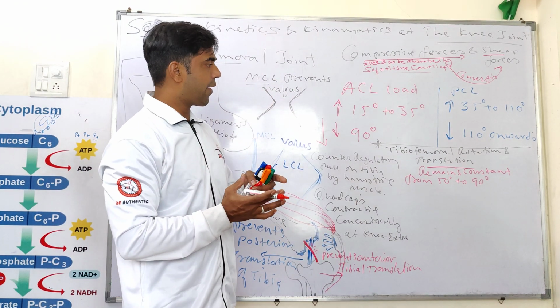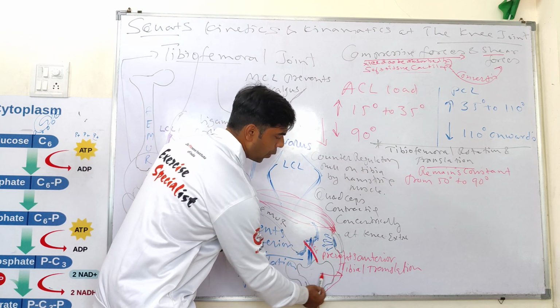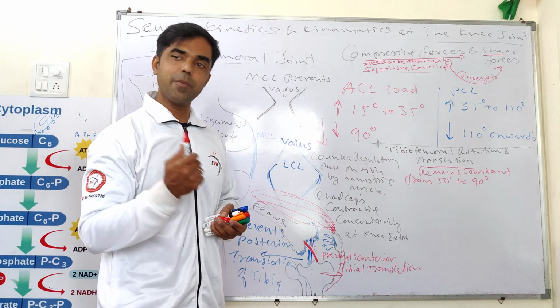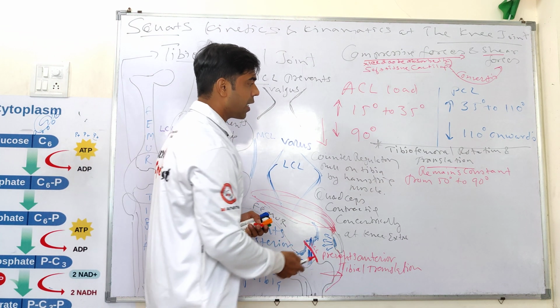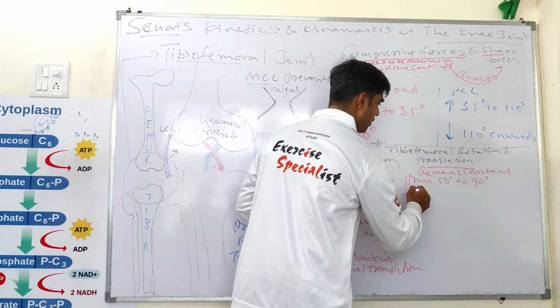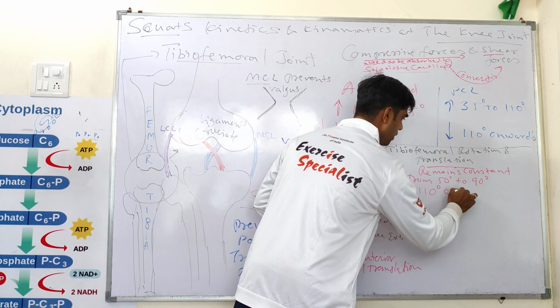In the squatting phase of 50 to 90 degree, there is no translation of the tibia or rotation of the tibia. It remains constant, and this translation decreases from 110 degree onwards,